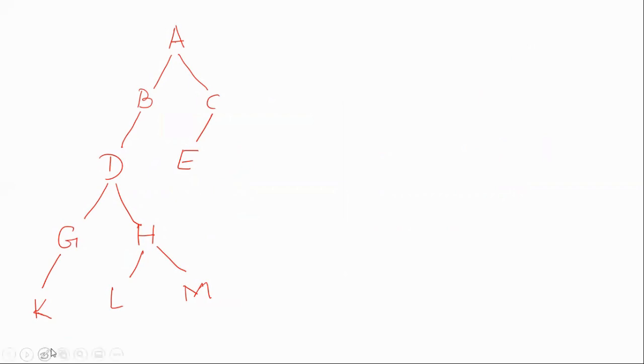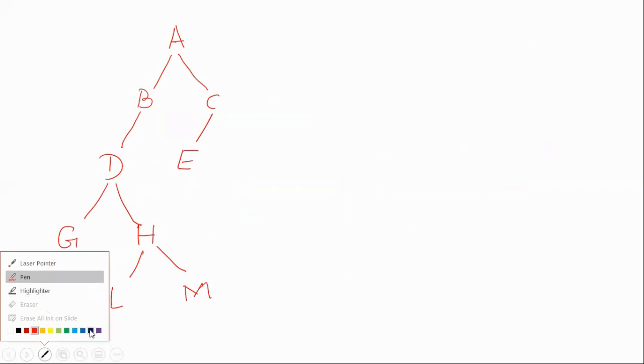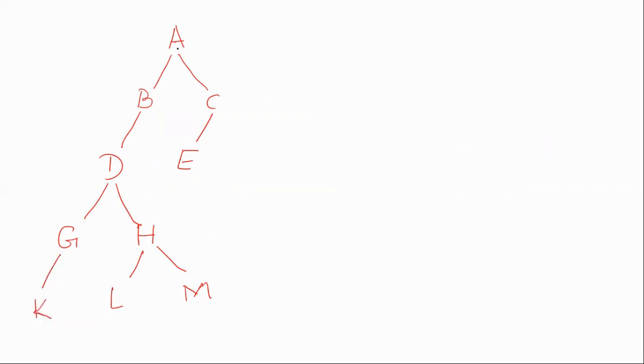Okay, so let us see how we do it for the given binary tree. The first node will be the root node. So I'm just writing it here. A will be the first node. Then after A, we'll have a stack over here. The right child is going to be C. So it's pushed onto the stack. Before that, as usual, keep your null value onto the stack. Then C is pushed onto the stack.